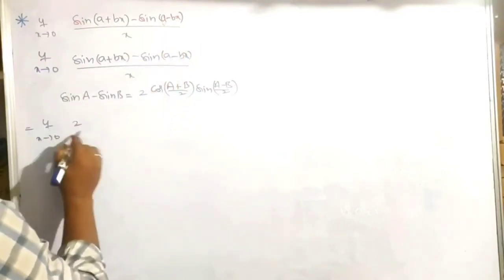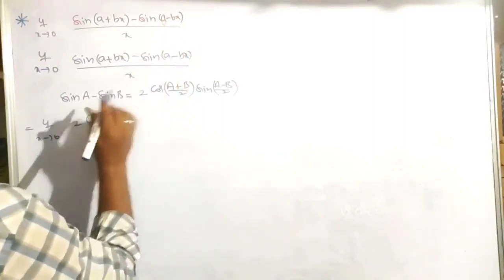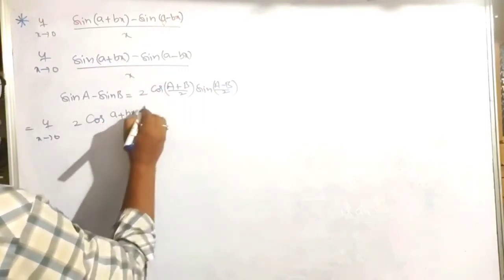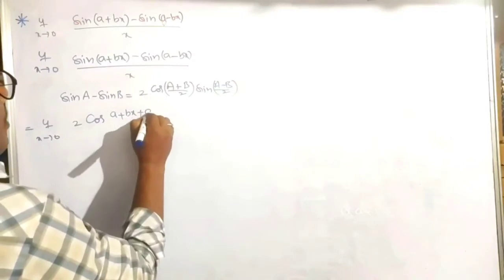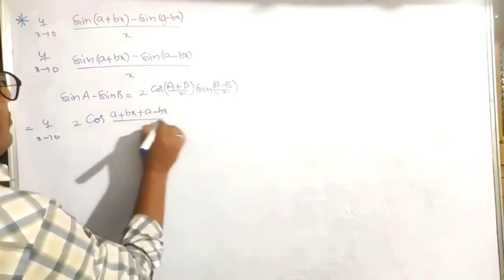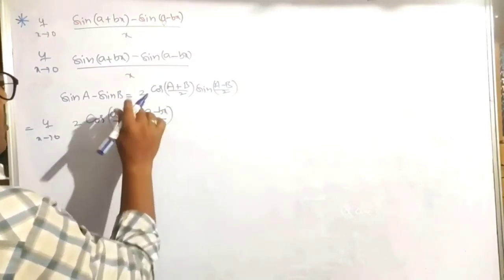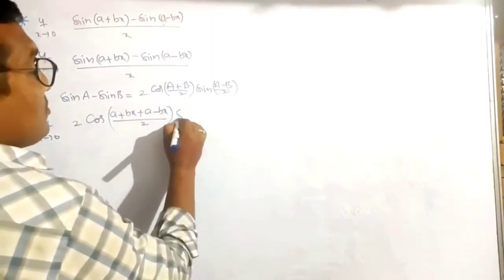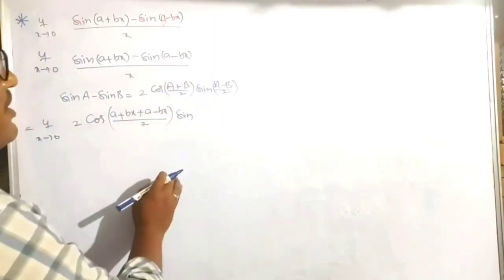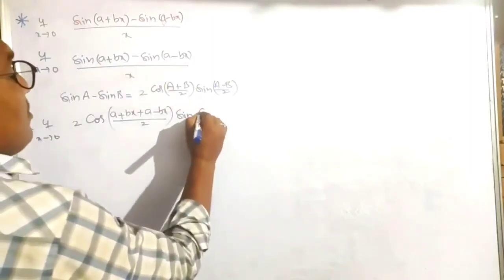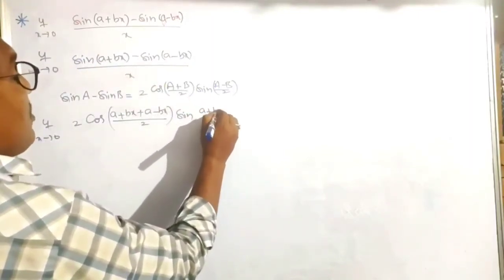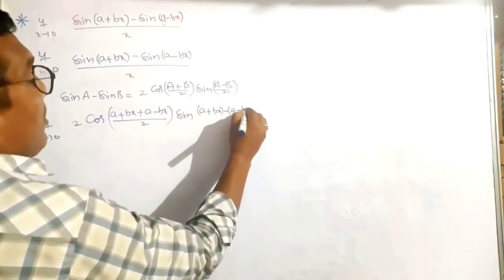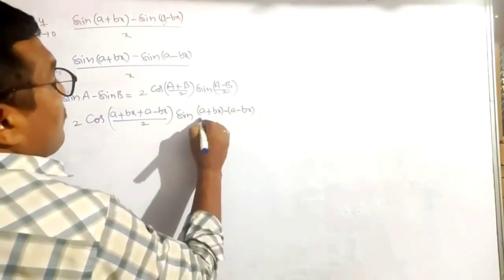Therefore 2 into cos of ((a plus bx) plus (a minus bx)) by 2, into sin of ((a plus bx) minus (a minus bx)) by 2,